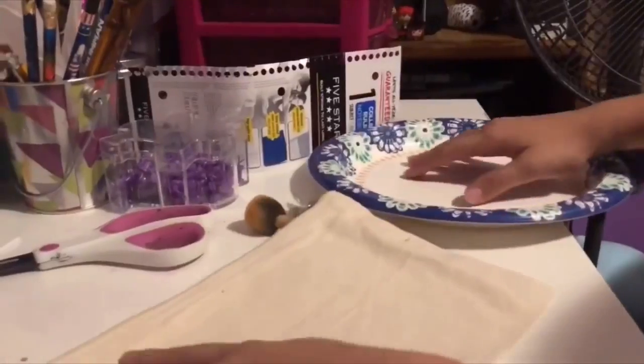So next we're going to be making a pencil case with a Harry Potter quote on it. All you need is letter stickers, a canvas pencil case, something to put the paints on, and any color paint that you want. I chose to do the quote "Mischief Managed," and so I took these letter stickers that I got from the craft store